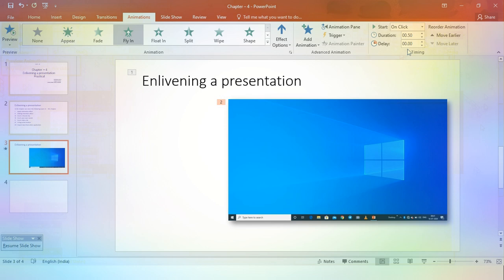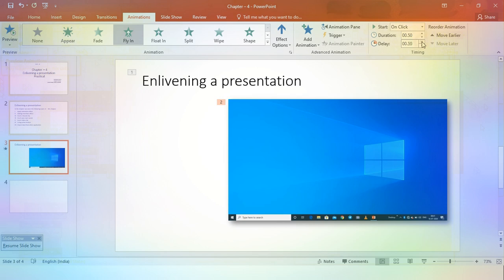Suppose this is the 00 value it has. As soon as you increase that, it takes time, like 25 seconds, before the animation starts.